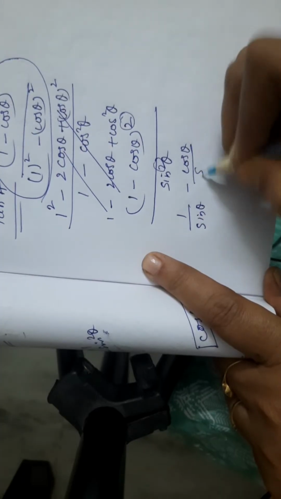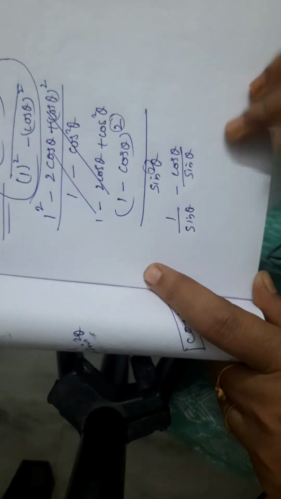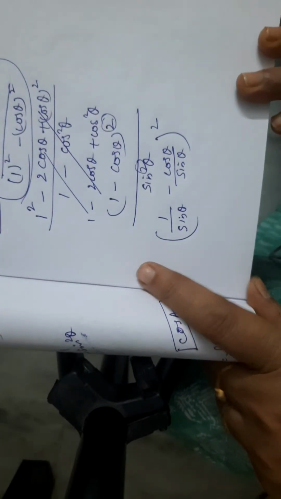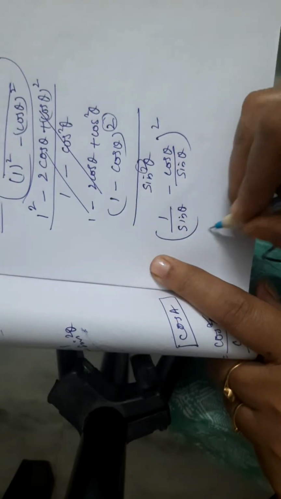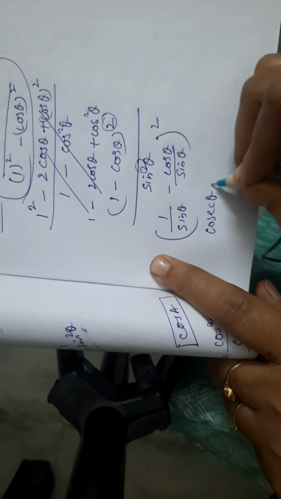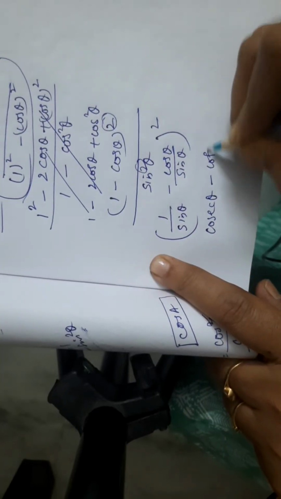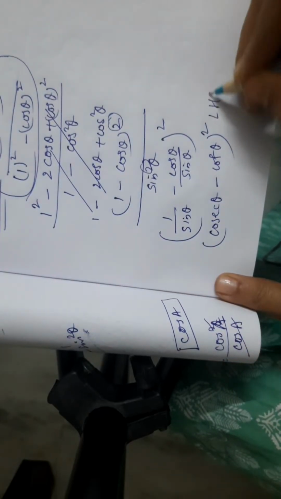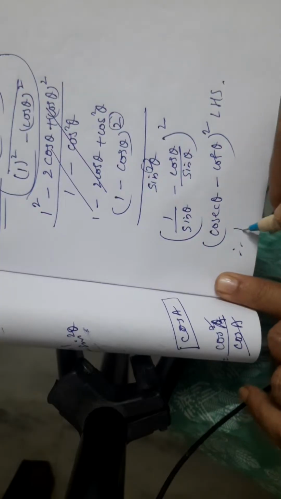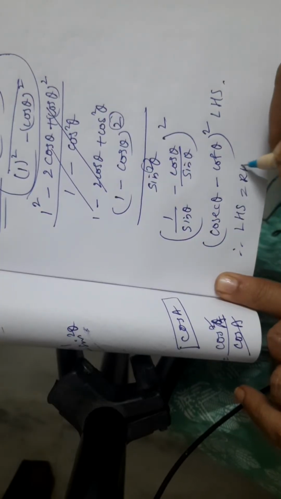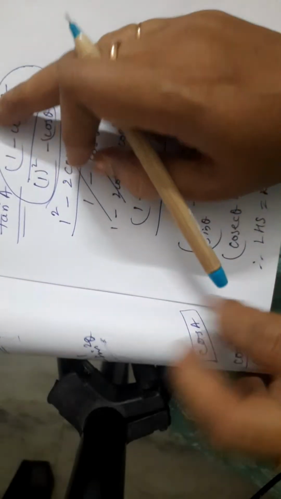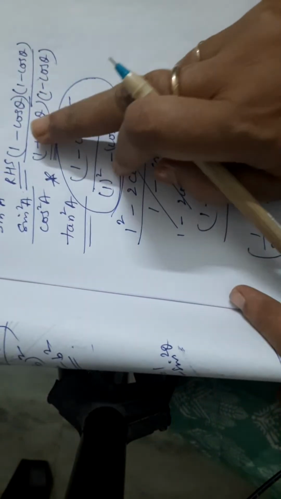कॉस अपॉन साइन, दोनों को हमने कंबाइन कर लिया, दोनों में स्क्वायर थे, होल डिवाइडेड बाय होल स्क्वायर। सो 1 बाय साइन क्या होता है, कोसेक, कॉस बाय साइन कॉट। सो यही हमको प्रूव करना था जो कि हमारा LHS था। सो देयरफॉर LHS इज इक्वल टू RHS। एक और बार समझा रही हूँ, ध्यान से देखो।